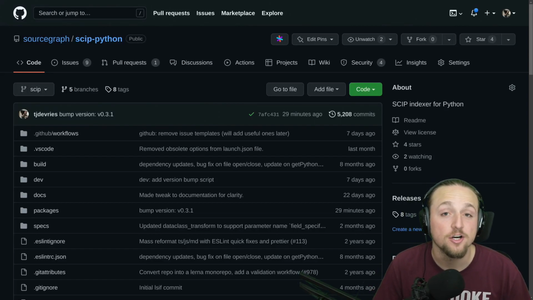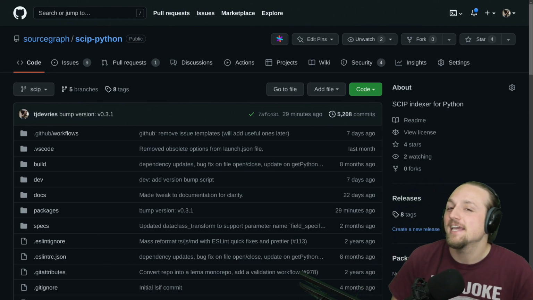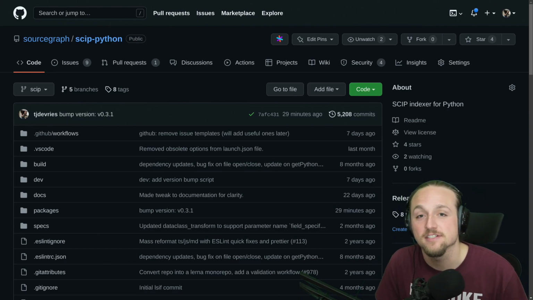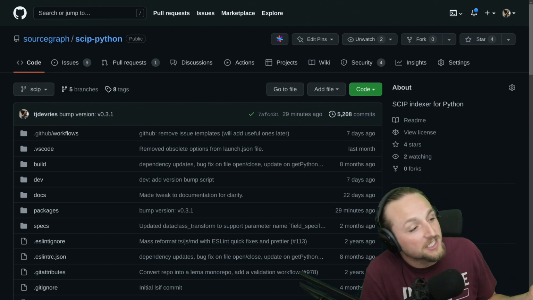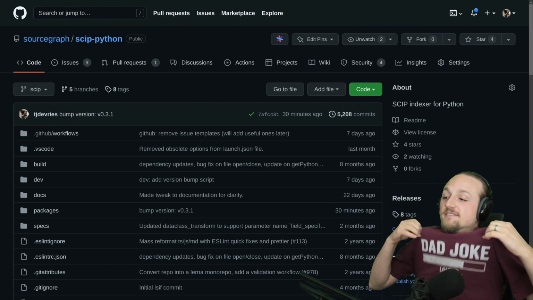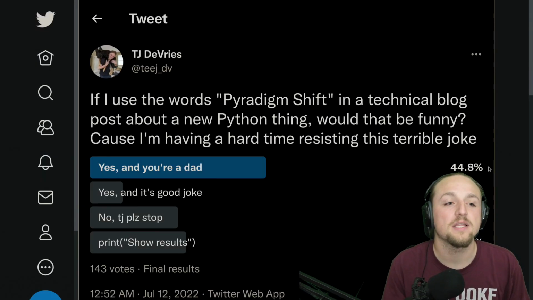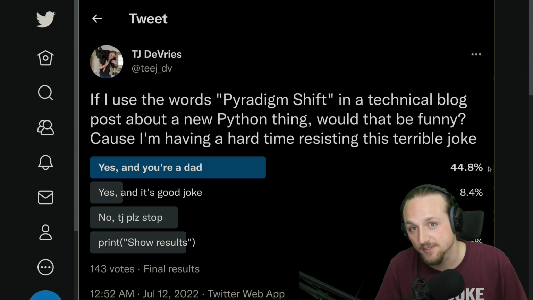I'm an engineer on the code intelligence team at Sourcegraph, and I'm here to tell you about a paradigm shift in Python navigation at Sourcegraph. Now you might be thinking, TJ, that was a terrible joke. Well, first off, my excuse is I've got that shirt. And secondly, I'm quite sure we can blame Twitter for this problem because they told me to do this